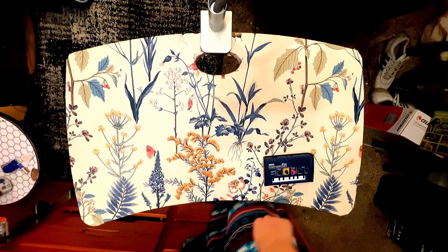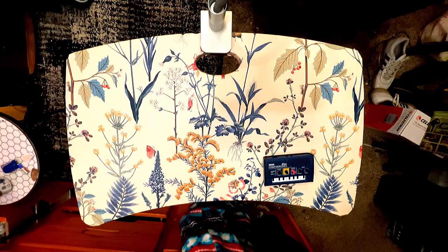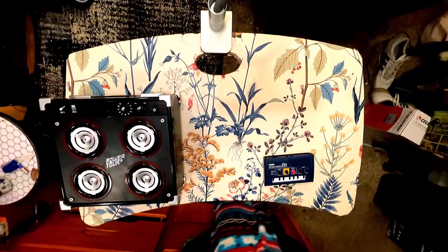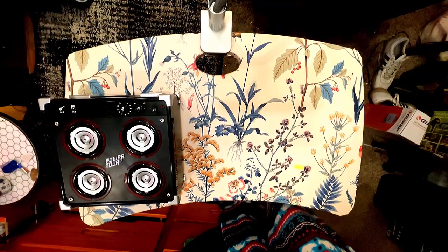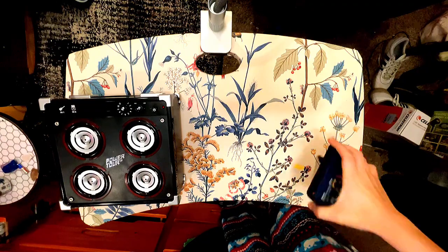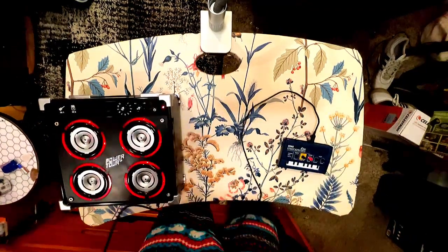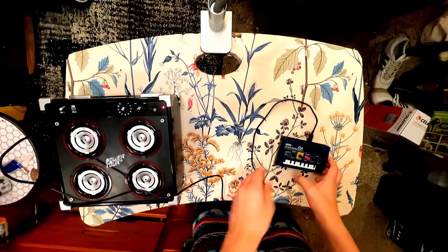But to demonstrate the effects and the things that it's capable of, I'm still going to use the Power Tour amp, because the speaker on this is still as terrible quality as it is. It's this one. So let's do